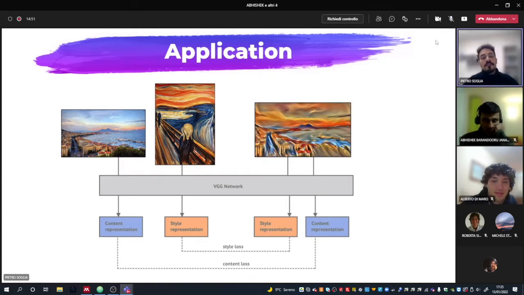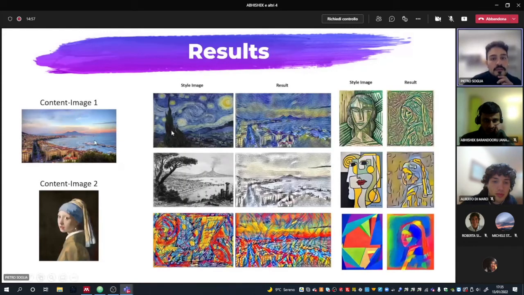And we can show you other results. We have the picture of Naples. In the first and in the third example, we tried with different paintings, and this is the result. Whereas in the second example, we tried to transform the photo into a drawing. So basically, we chose a drawing as a style image, and I must say that we are very happy with this result. On the other hand, we have